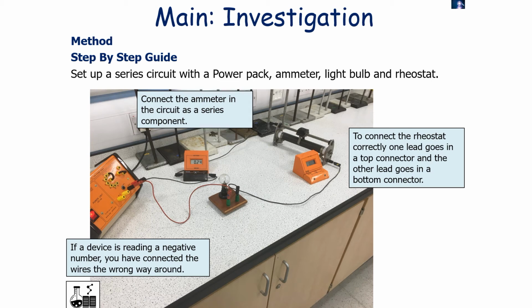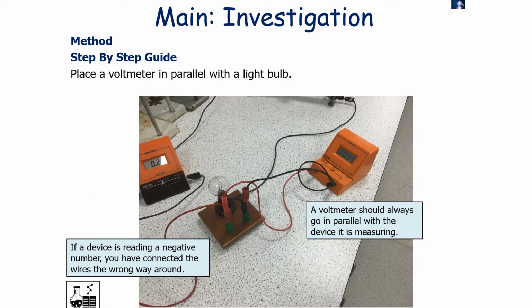You'd connect the ammeter in the circuit as a series component, and you would connect the rheostat correctly using one lead that goes into the top connector and the other lead that goes into the bottom connector. Now if a device is reading a negative number, it indicates to us you've connected the wires the wrong way round. Now a voltmeter should then be placed in parallel with the device being measured, which in this case is